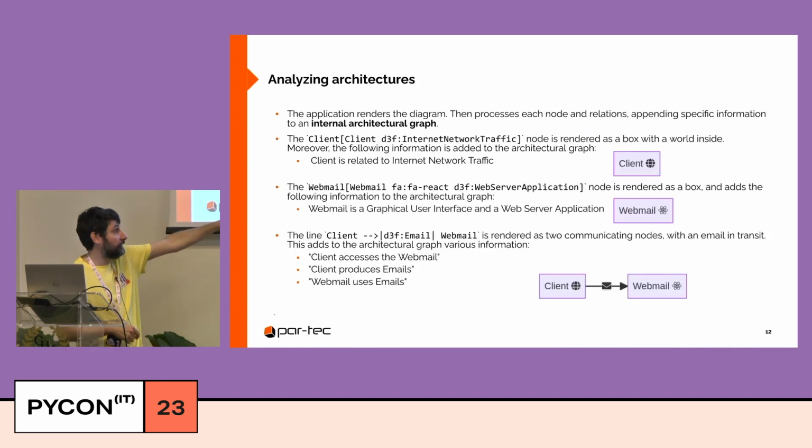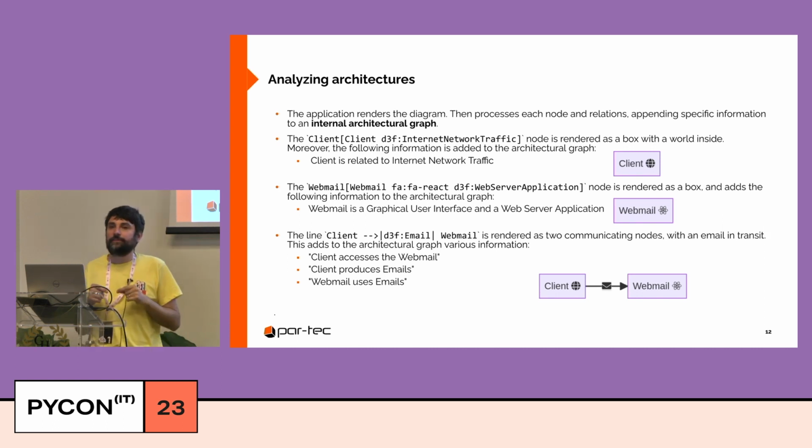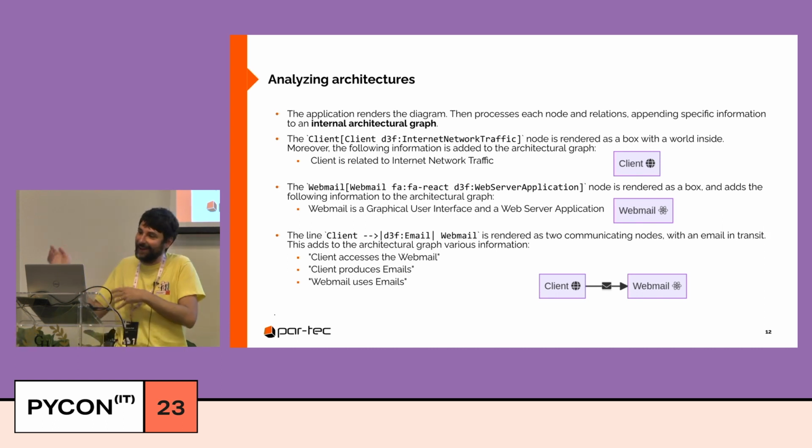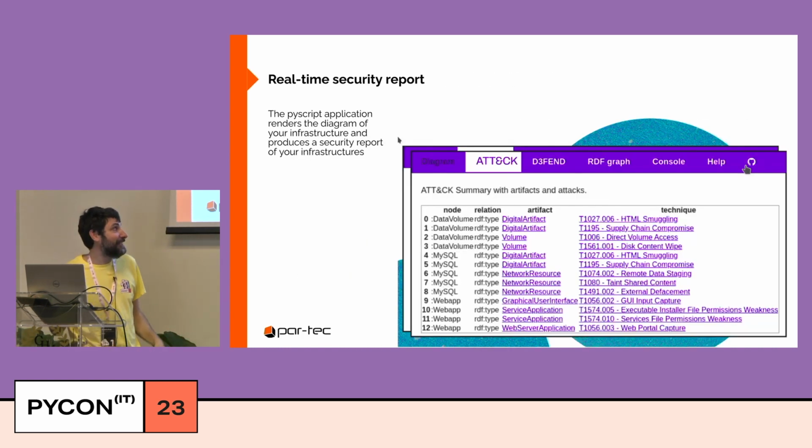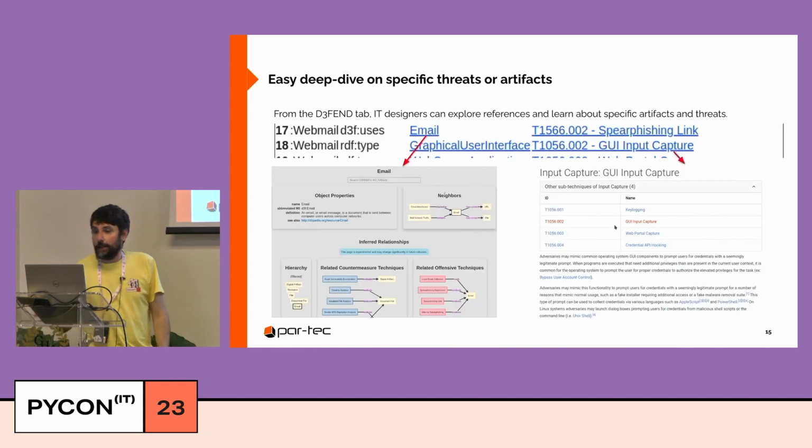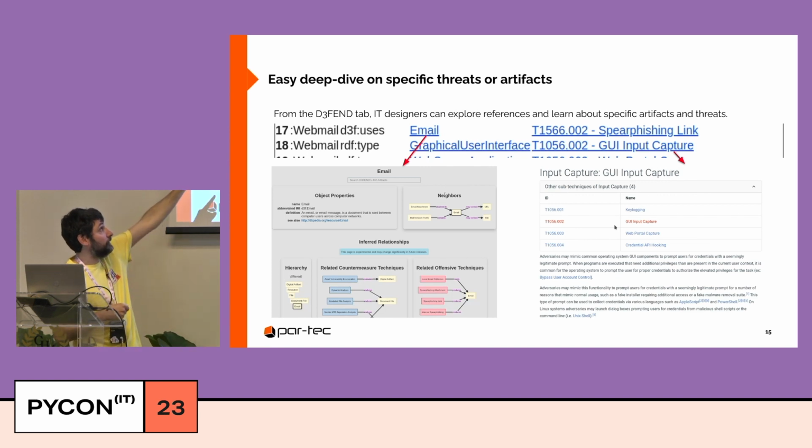Well, just this one. Instead of webmail, I have to say that this is a D3F volume, and I get information. So it's very easy to use. For every kind of resource, I can create this kind of assessment. I can get from this information that I can export to a